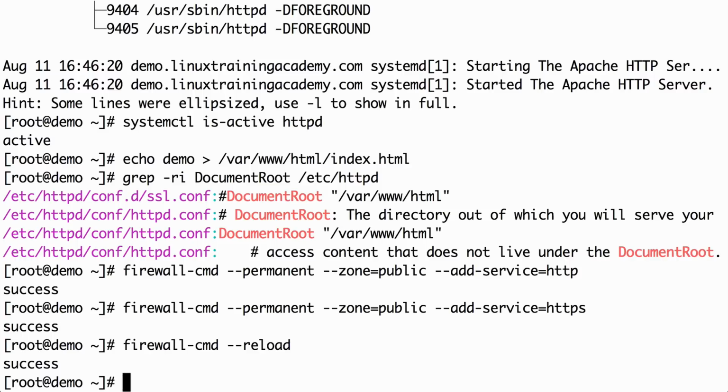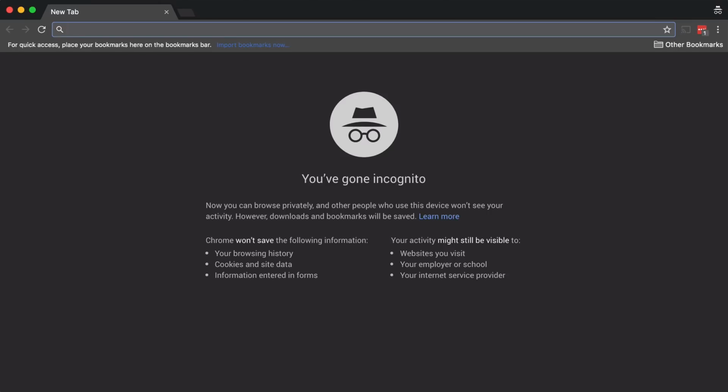At this point, we're ready to test the web server. We just want to make sure that it's up and running and accepting HTTP and HTTPS traffic. So open up a web browser and type in your domain name. Okay, the page loads, it returns back the information that we put in the index.html file, so it looks like